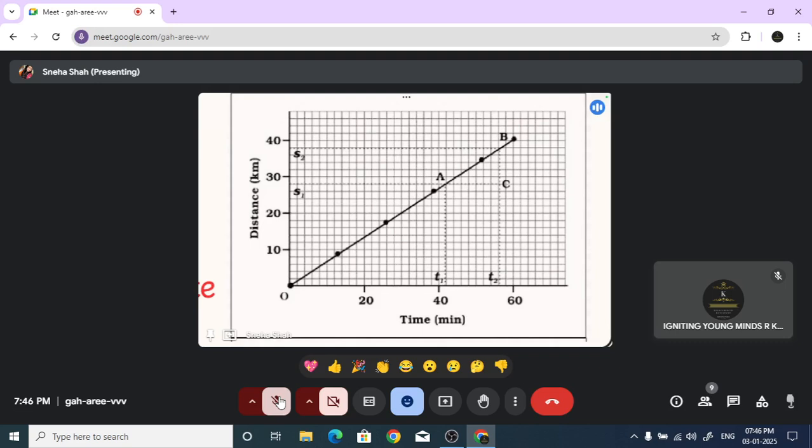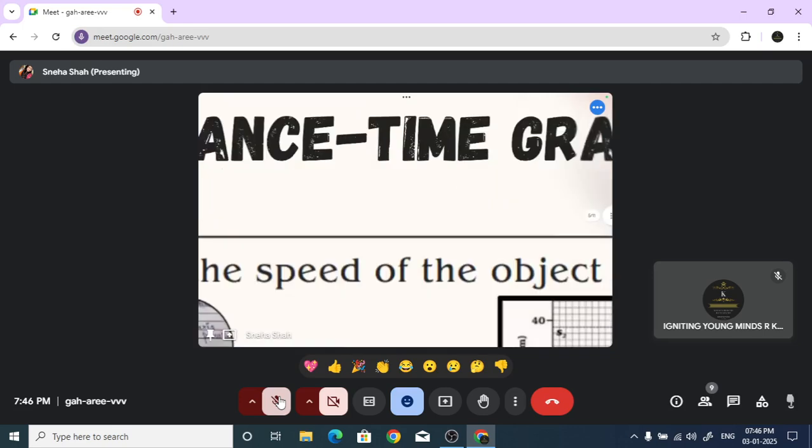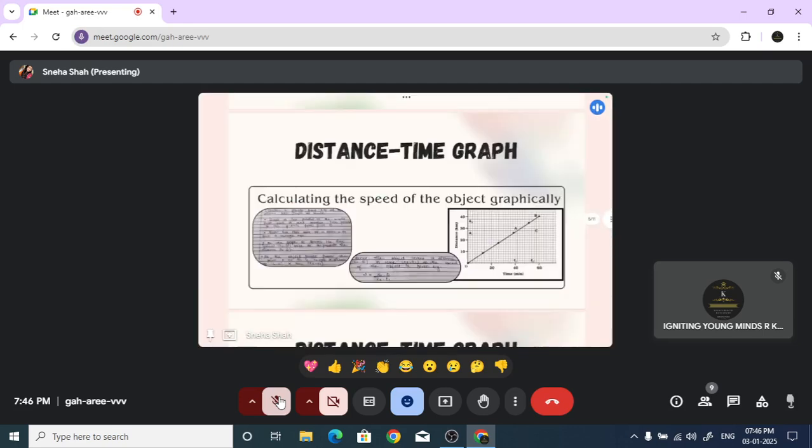It will be S2 minus S1, that is the total distance covered from A to B. And what will be T2 minus T1? That is the total time taken to reach from A to B. So how will you calculate the speed? To calculate the speed, we say